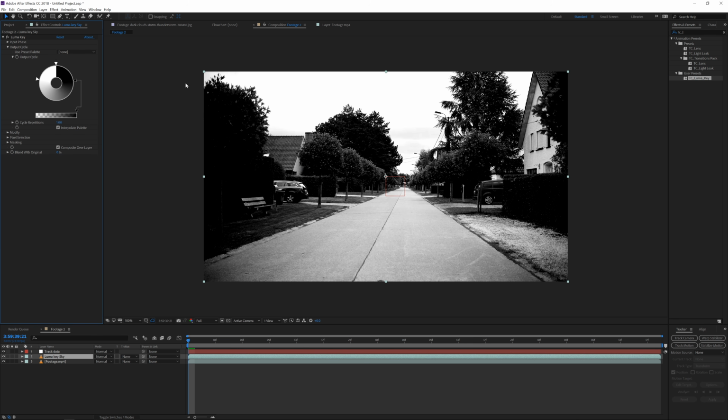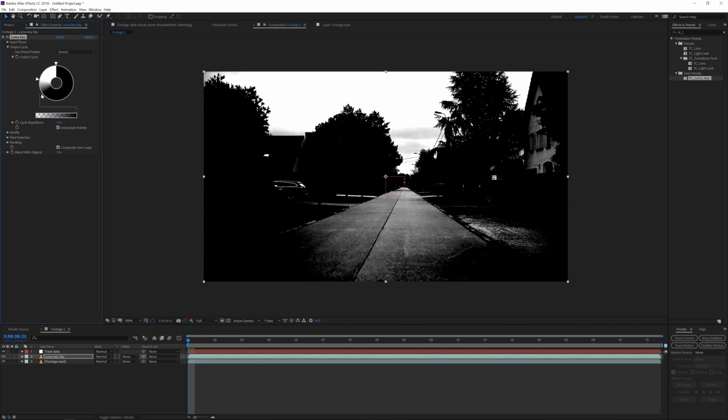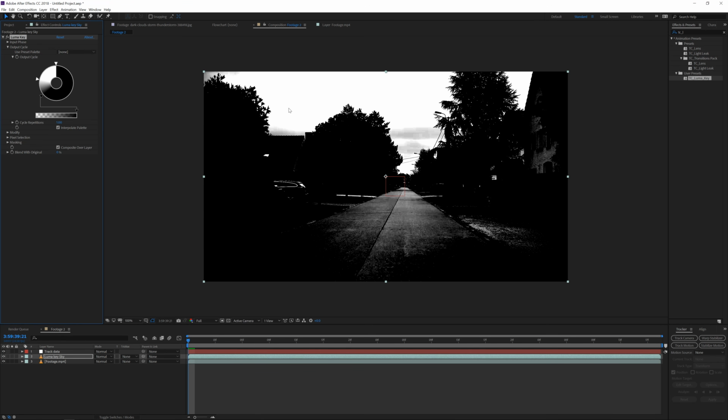Just wanted to show you that it's maybe easier if you do a lot of sky replacements to just have a preset for it. So what I'll do is get my black button and just drag it closer to the white until we kind of start seeing this in the sky, which is not what we want. And then we want to drag the white one to make it all white. And I think this is a pretty good key, but as you can see, we still have some highlights in